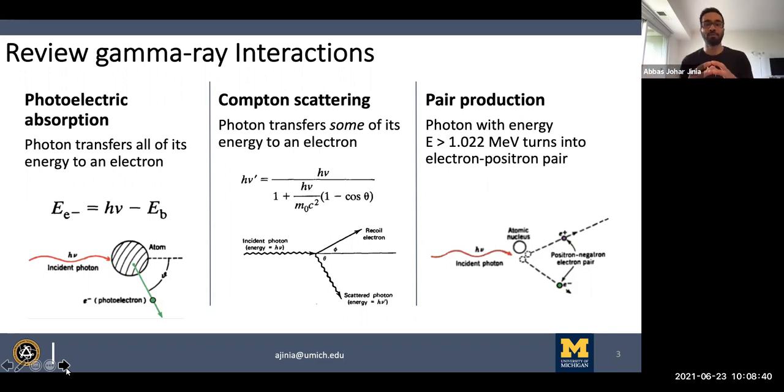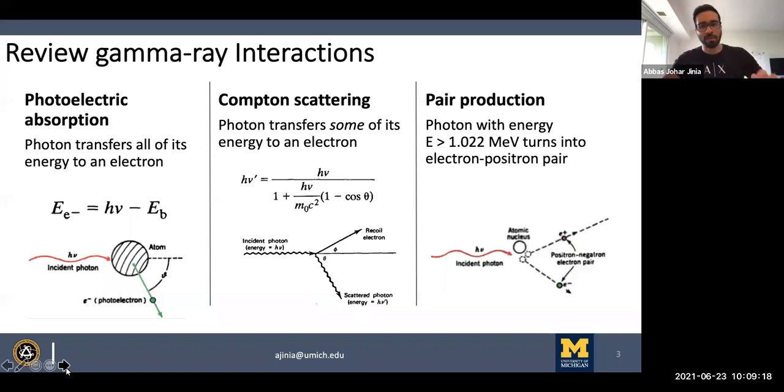So we want gamma rays to undergo some sort of secondary interaction in our detectors, and then they will result in some sort of charged particle, and that charged particle will be constituting our electrical signal. So in case of photoelectric absorption, it is the electron that will give our desired electrical signal. The second possible interaction that can happen in the detector is a Compton